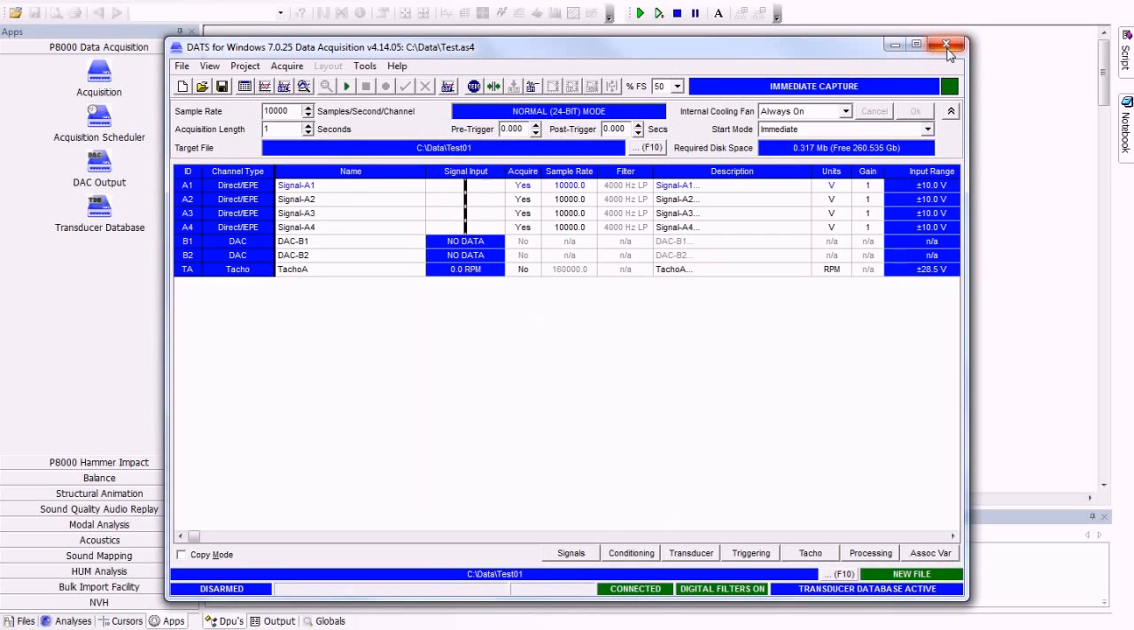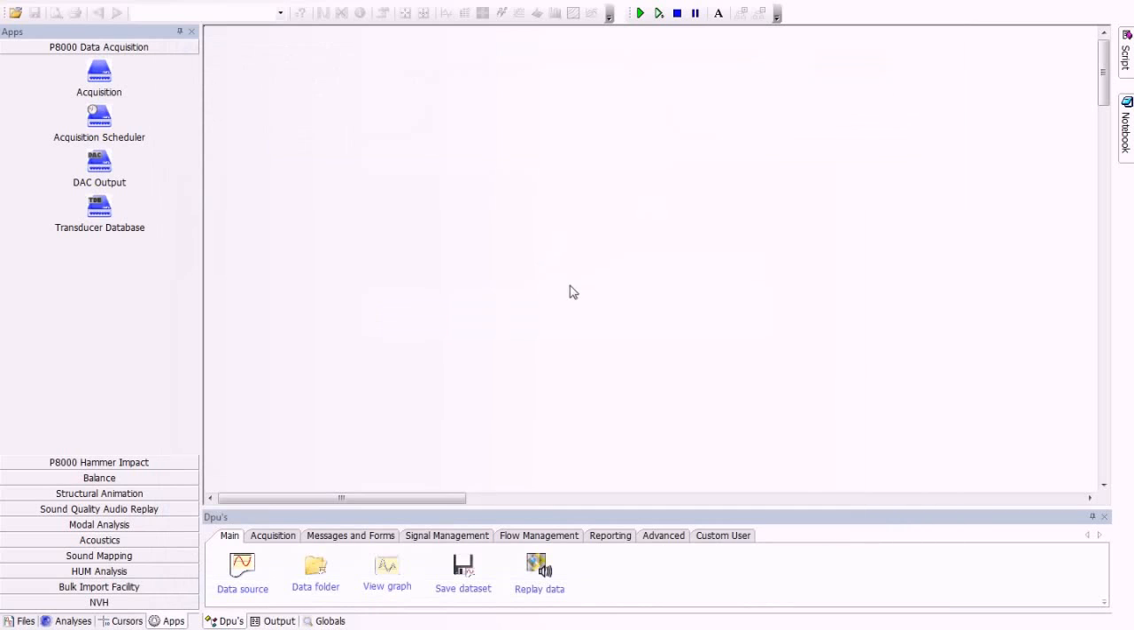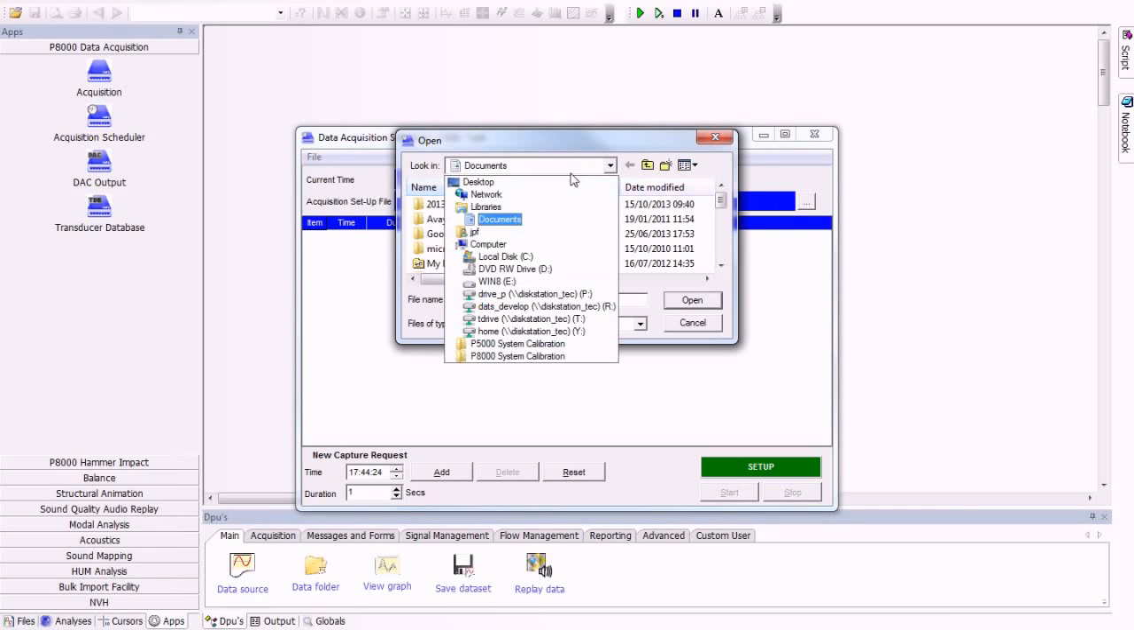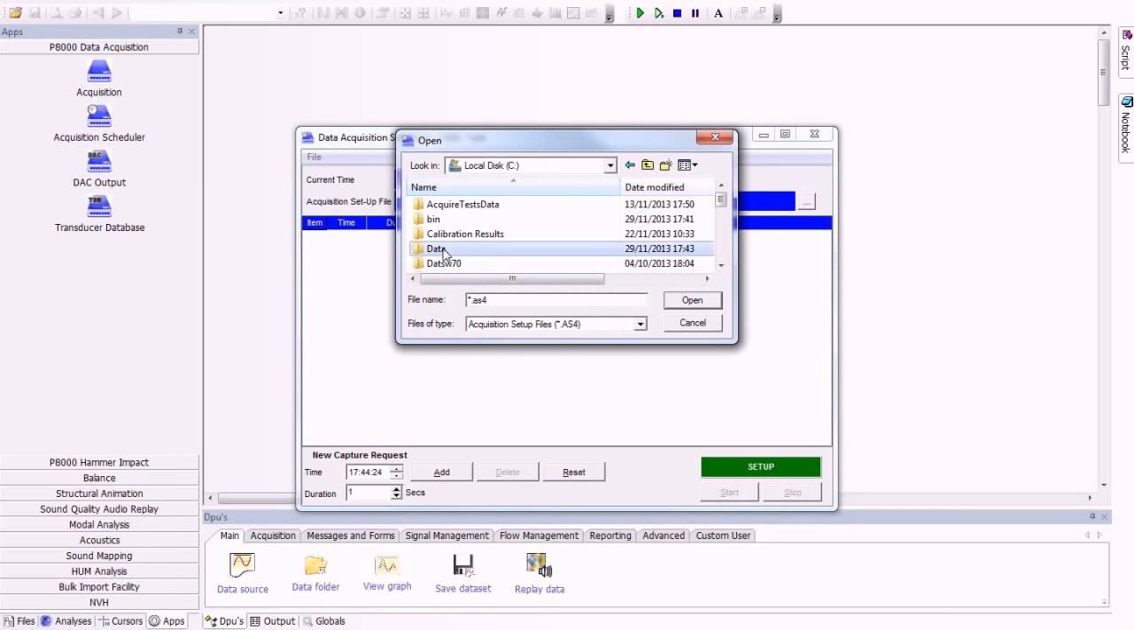Now we've created our setup, we can exit the acquisition software and run the Acquisition Scheduler program. Now, first we need to select the setup file that we want to use. So if we browse to the location of our test.as4,